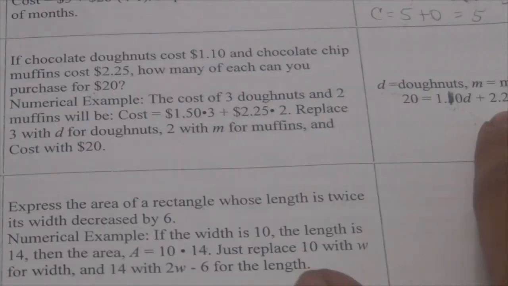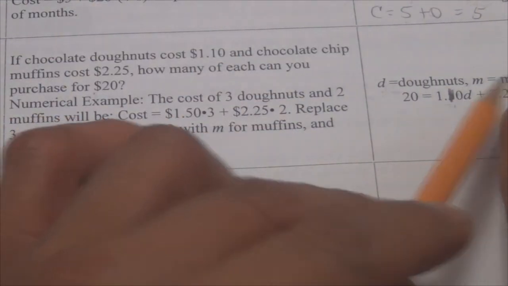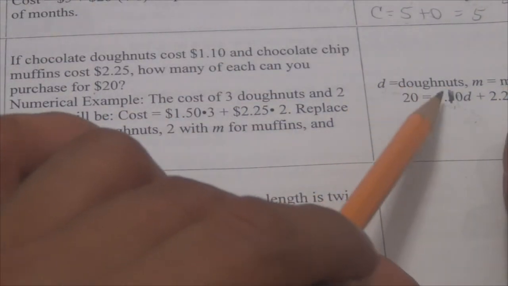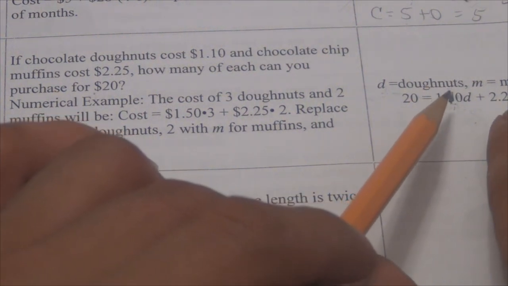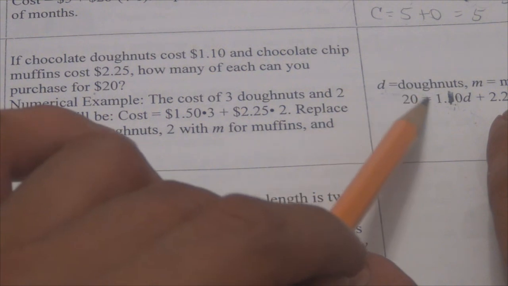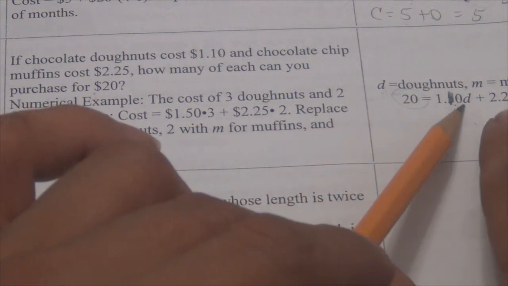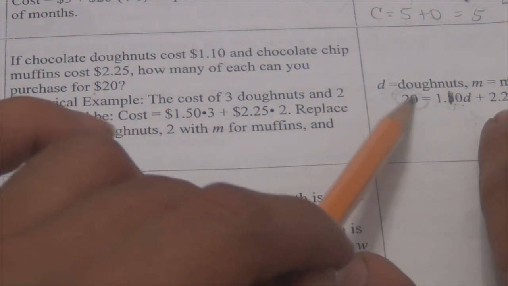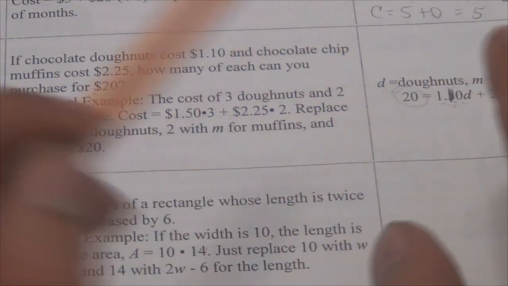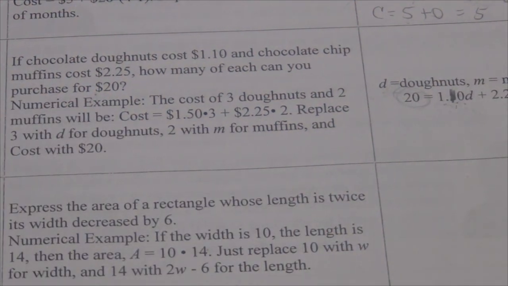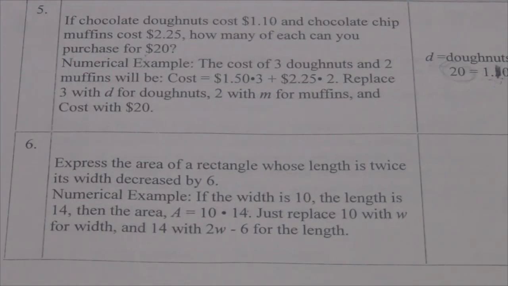So whatever the amount is for the donuts and the muffins, remember what is the maximum amount of money that you can spend. You only got $20. So donuts plus muffins should not exceed the $20. We know they cannot exceed $20. As simple as that. Got it? So then it says,